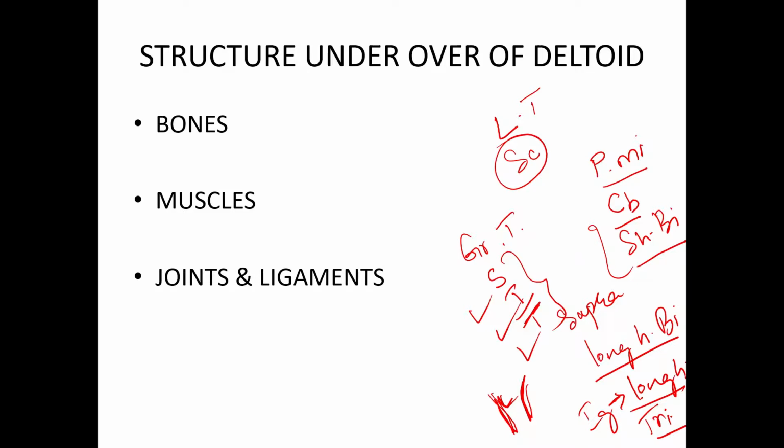The muscles attached to the coracoid process, that is pectoralis minor, the coracobrachialis and short head of biceps. The muscles attached to the supraglenoid tubercle, that is the long head of biceps. The muscle attached to the infraglenoid tubercle, that is long head of triceps. The muscle attached to the lesser tubercle, that is subscapularis. The muscles attached to the greater tubercle are SIT, that is supraspinatus, infraspinatus,